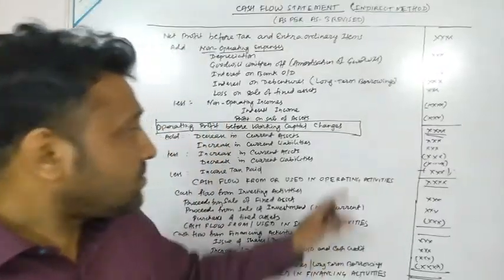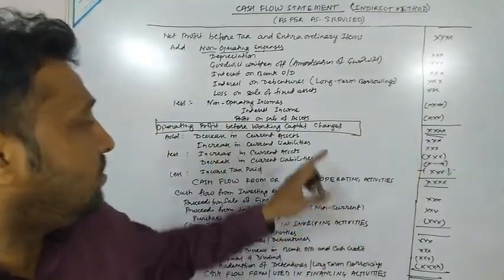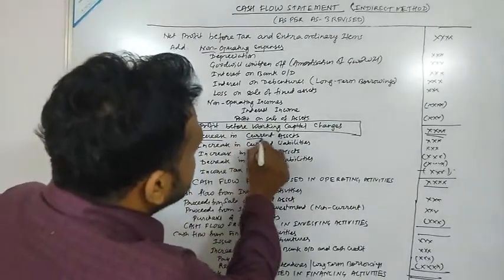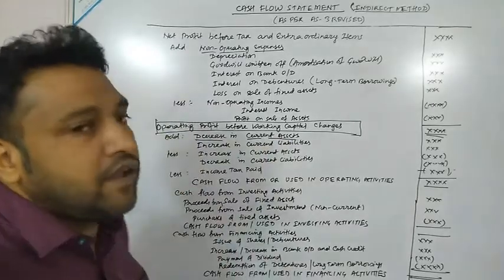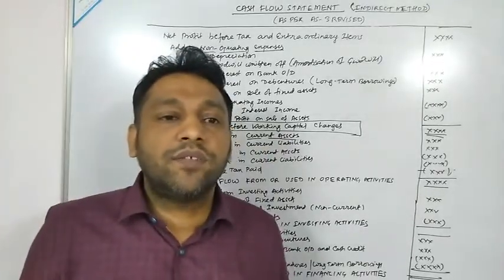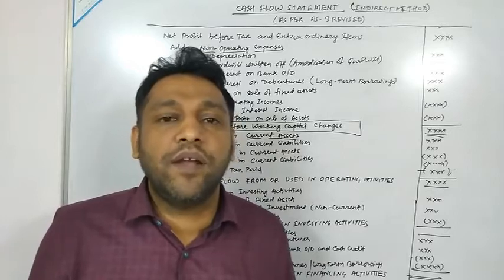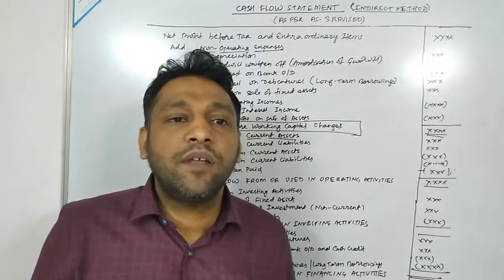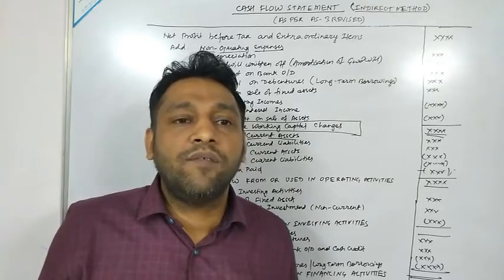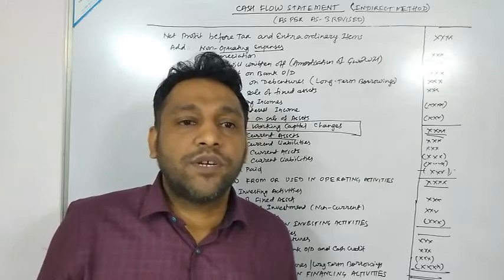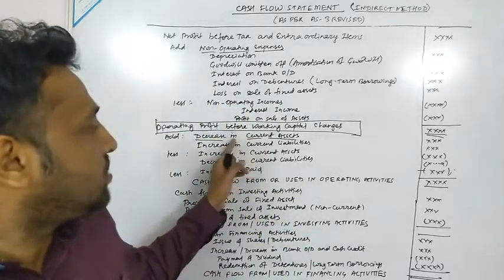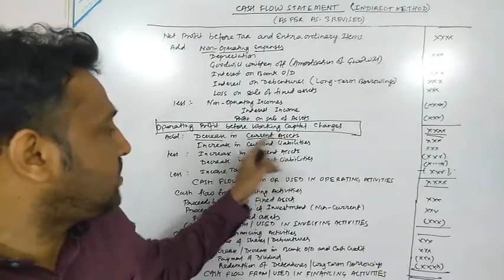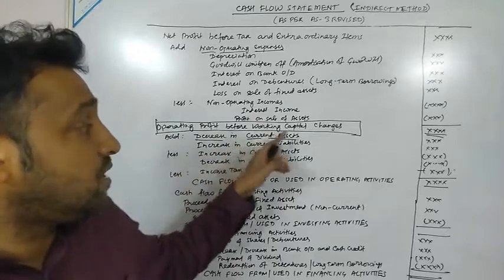After this figure, we have to see the current assets. If there is a decrease in current assets, then those items would be added. And remember, current assets do not include cash and cash equivalents. As we have read earlier, cash equivalents include your short-term investment, cash credit, bank overdraft, and demand deposits. So that is your decrease in current assets. If a current asset is decreasing, you have to add the difference figure.